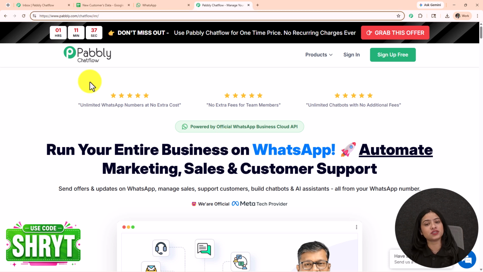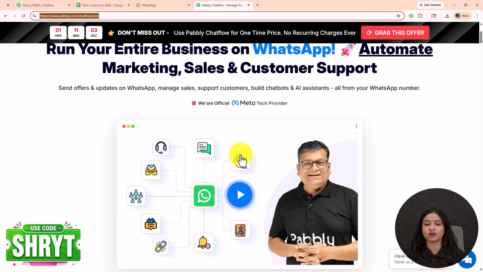So you can reach this landing page by typing this URL pabbly.com/chatflow in your browser, and once you reach here, you will find two options: sign in and sign up for free. In case you are an existing user like me, simply click on sign in to log into your account. But if you are a new user, you have to click on this sign up for free button. When you do that, you will receive 100 free tasks every month